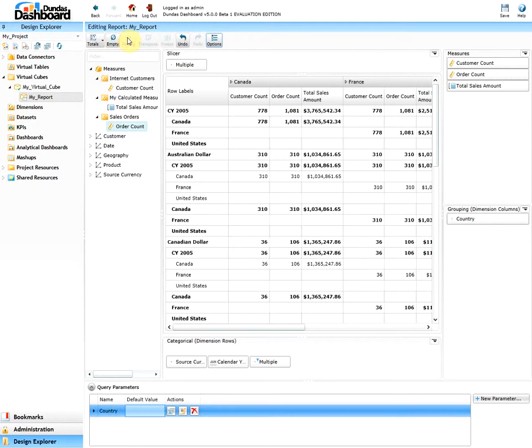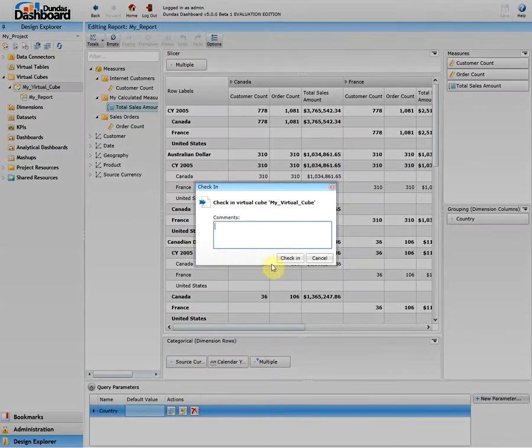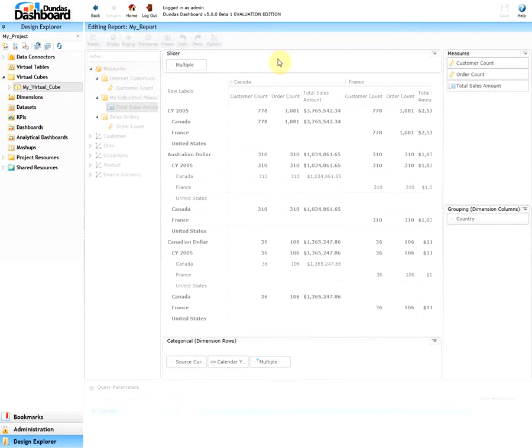So once you are set with the report, click on Save, and once you save it, check in your virtual cube. This would make sure that the cube and the report are available to be shared amongst the dashboard users. And once you are set with your virtual cube and the analytical report, you are ready to use these to design your analytical dashboard. For example, if I create a new analytical dashboard,